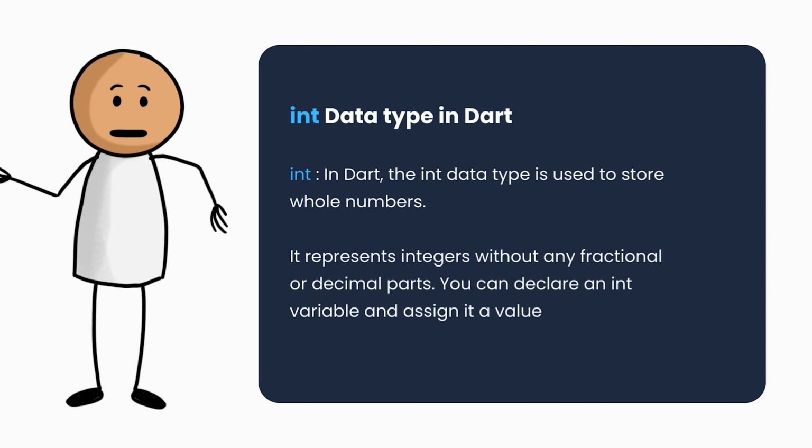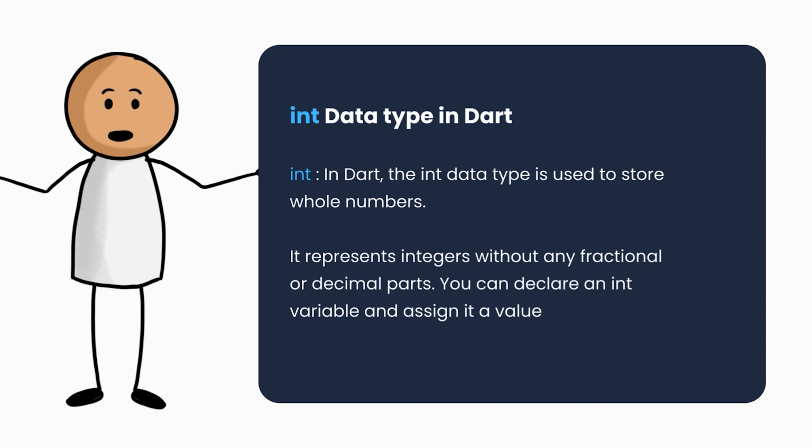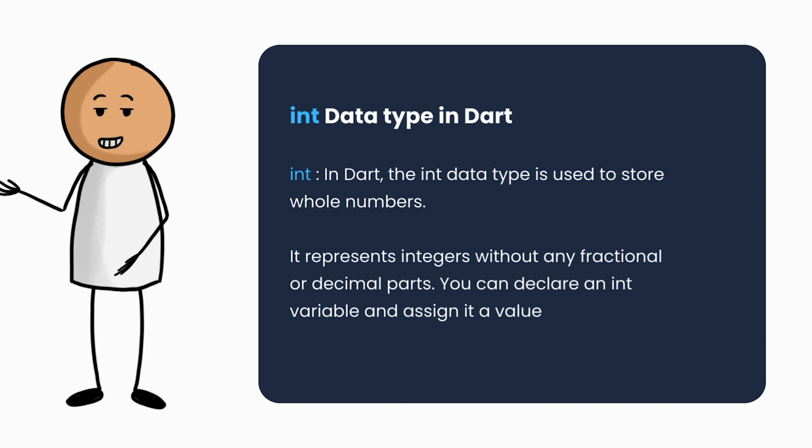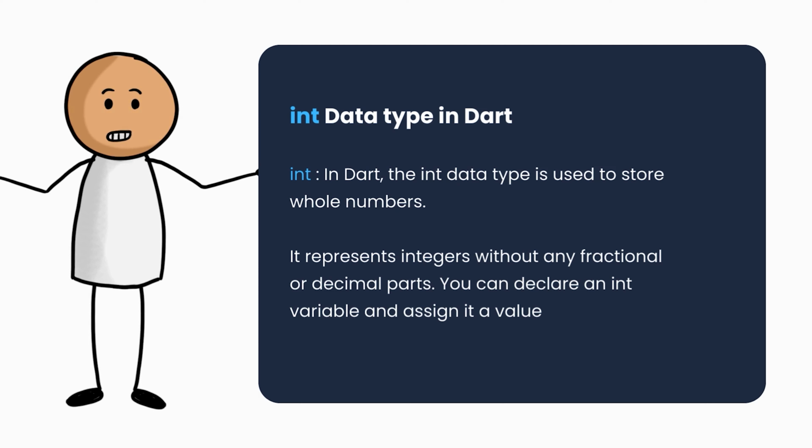In Dart, the int data type is used to store whole numbers. It represents integers without any fractional or decimal parts. You can declare an int variable and assign it a value. For example,